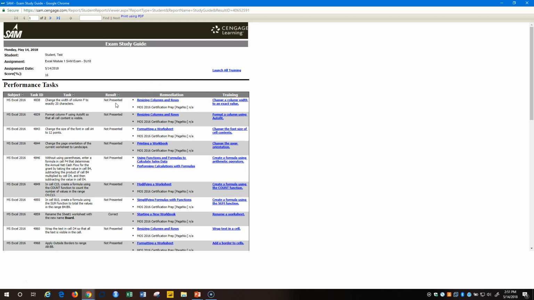But if I want to learn how to do this, so let's say change the width of column F to exactly 20 characters. I couldn't do that. Let's say it said wrong or incorrect instead of not presented. I can do two things. I can say, let's click on resizing columns and rows. And what that's going to do, I hope,